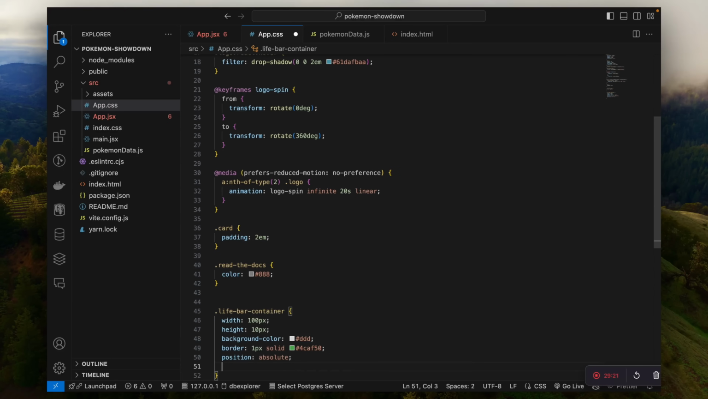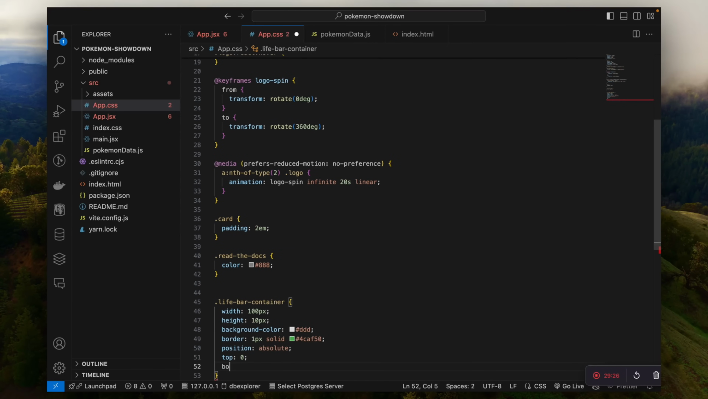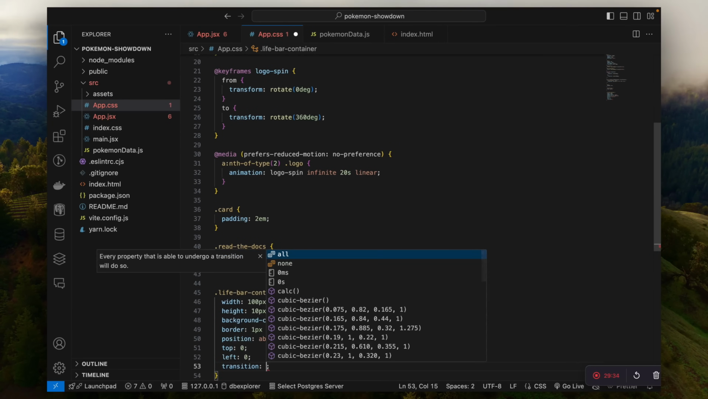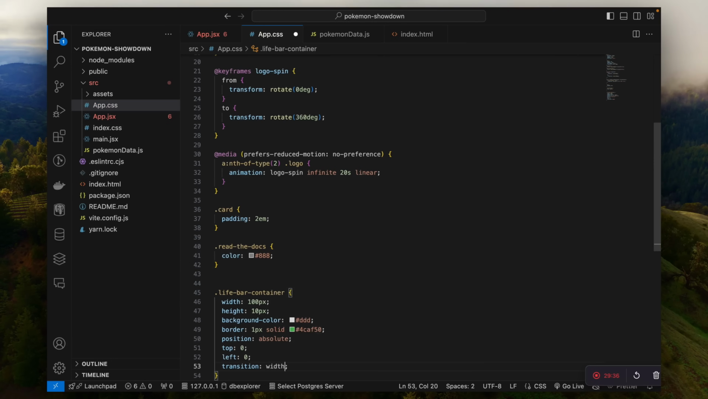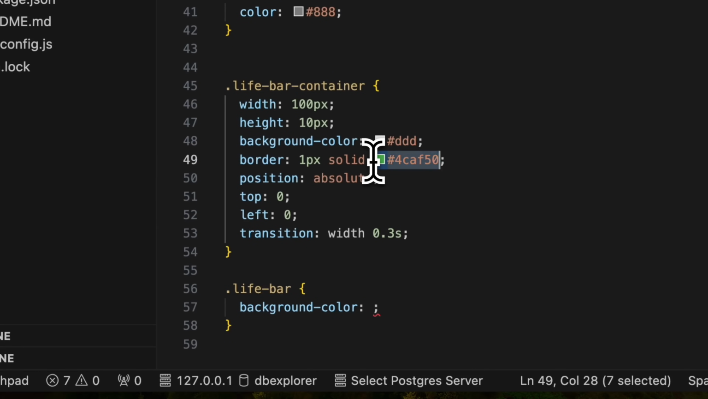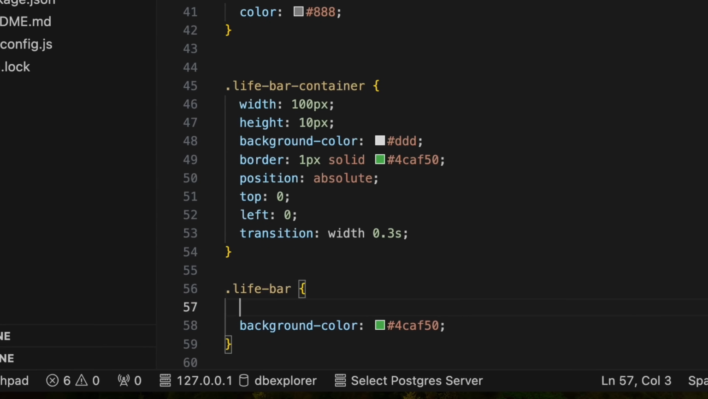let's give it a position absolute and top of 0 and left of 0, and then the transition is when the Pokemon takes some damage and then it has to reduce, so it will reduce with some transition. A background color, this one, and then a height of 100%,